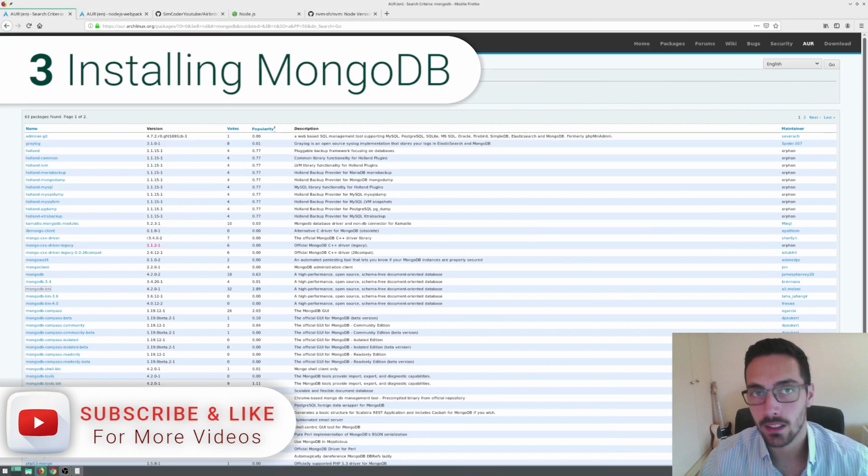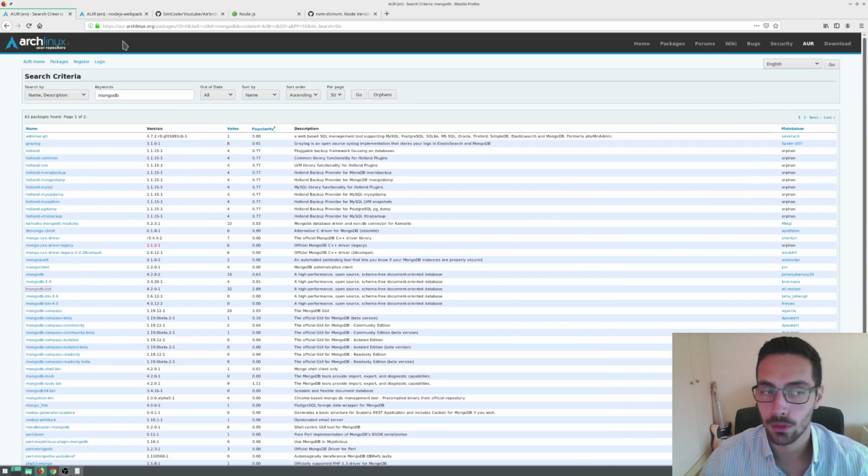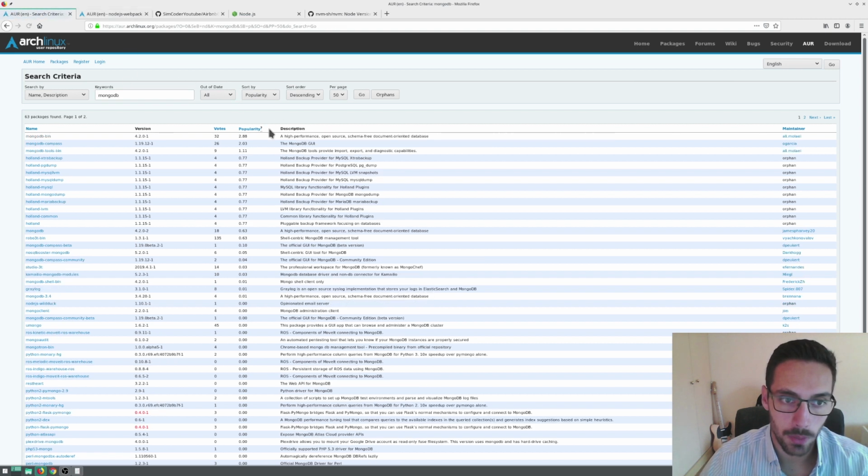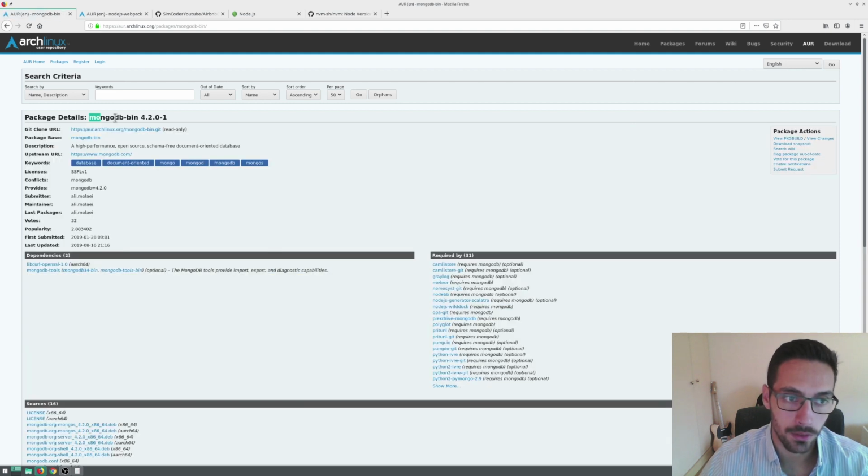and it contains a bunch of packages that you can install in Manjaro. So this part is only relevant for Manjaro. If you have Ubuntu or others, then you have to go to different places. But I just type in MongoDB, and I'm going to put the popularity at the top, and I have this package right here which functions well, which is